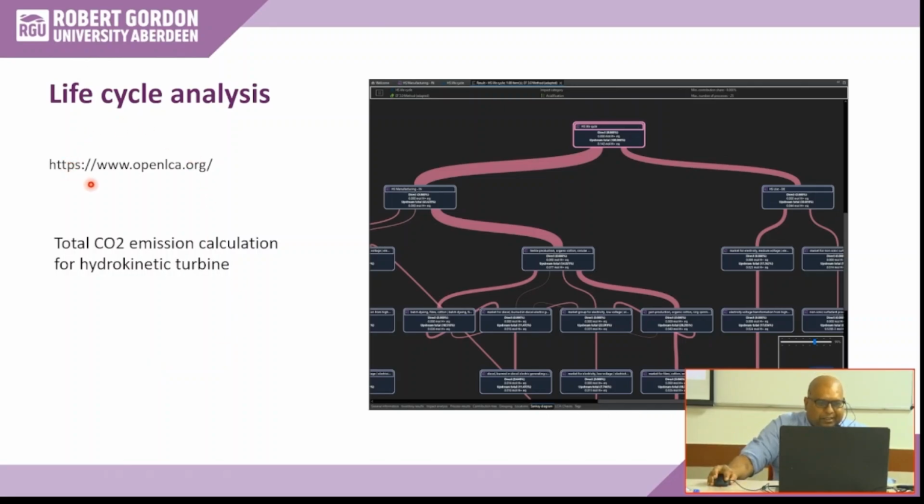Oh, I didn't write the name. It's strange. We have a software freely available again, and it is called Open LCA, Life Cycle Analysis. Open LCA. Very good software. Okay. It's very, very important that when you design a system, your hydrokinetic turbine, you use it